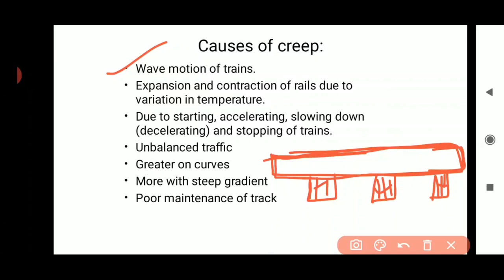And we know that a beam is what? When a member is subjected to any transverse load, that is called a beam. So here also we can call the rail a steel beam or steel girder. Here also, due to the movement of train and the wheel load of the train, the rail may deflect like a continuous beam.